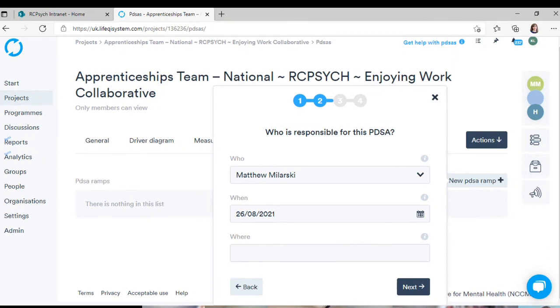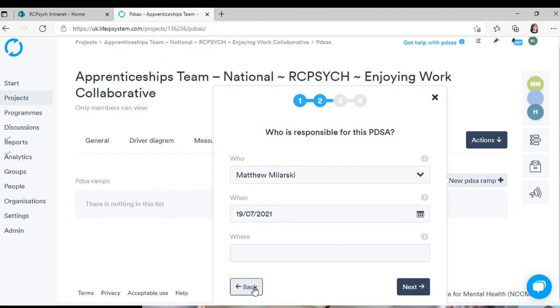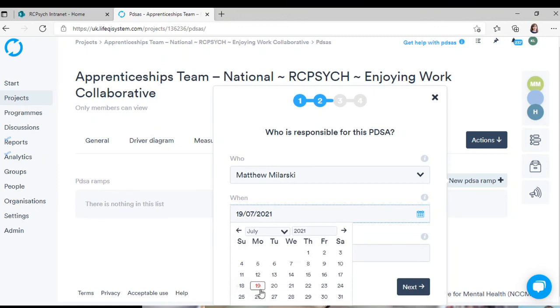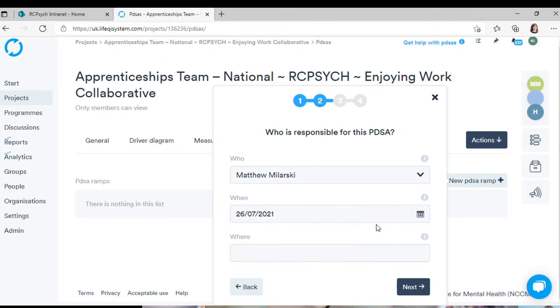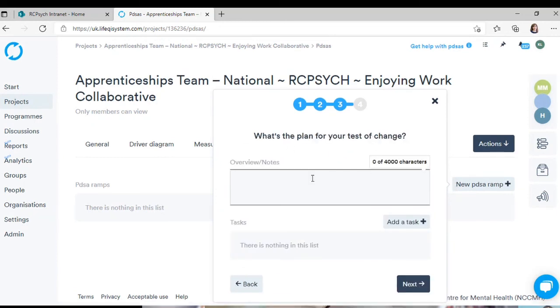Although that says the 26th of August. And then you can set where you want it to be done or not, as the case may be. And then you've got the option for writing a list of notes for that. So something like set up a well-being